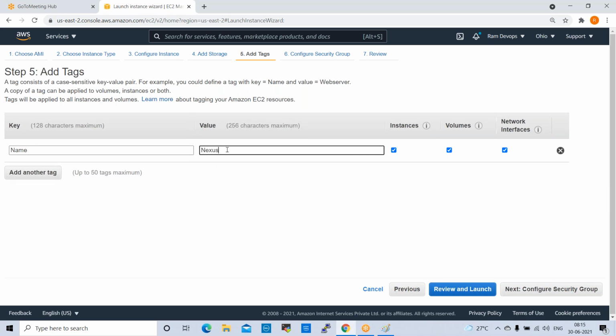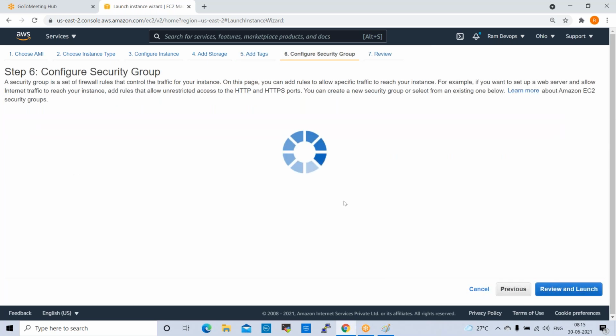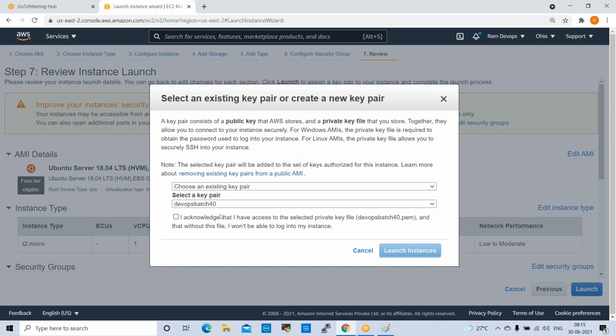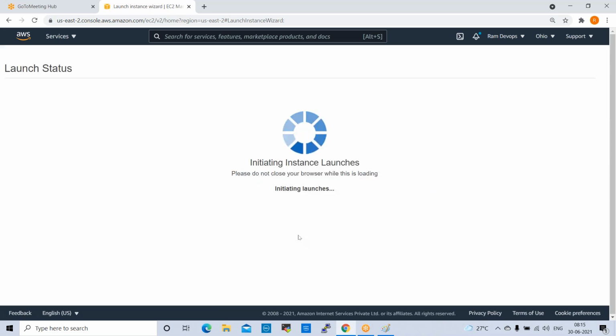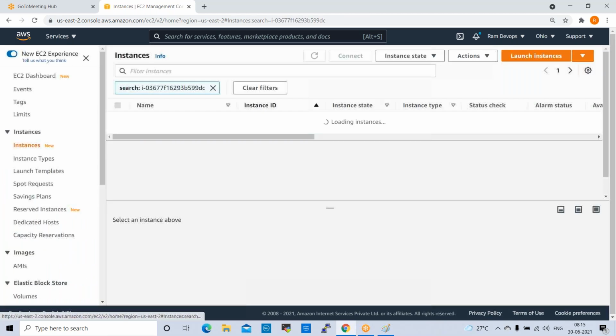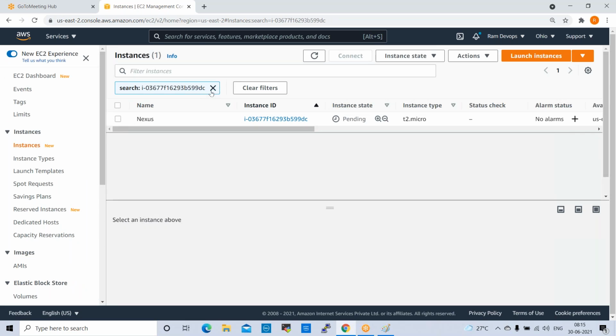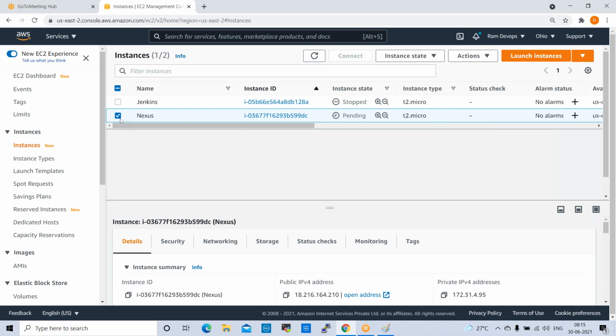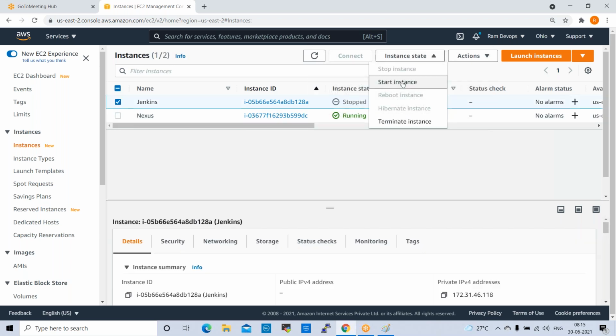Yeah, in real time, production critical servers, we always install and configure in Linux. So I'm starting Jenkins also.